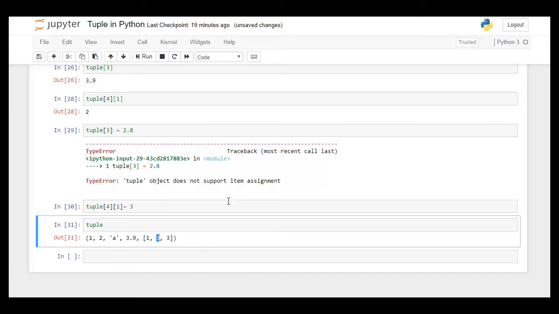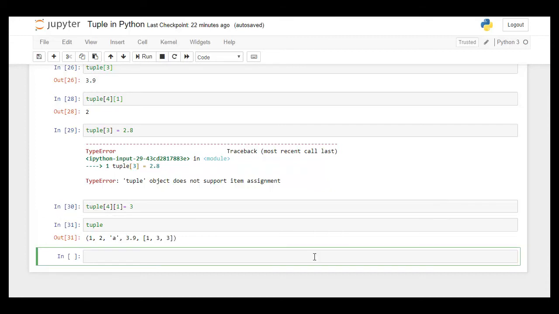There are a couple of advantages for tuple. Elements in the tuple are write protected. Since it cannot be reassigned, it's write protected unless there is a list inside a tuple. And iterating through a tuple is faster than in the list, because once the elements are assigned within the tuple they cannot be changed. And another that we discussed earlier, tuple elements can be used as the key in the dictionary.